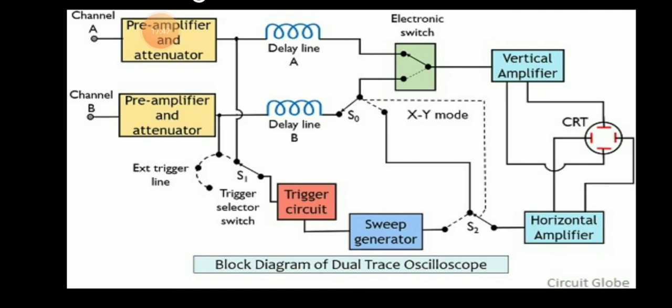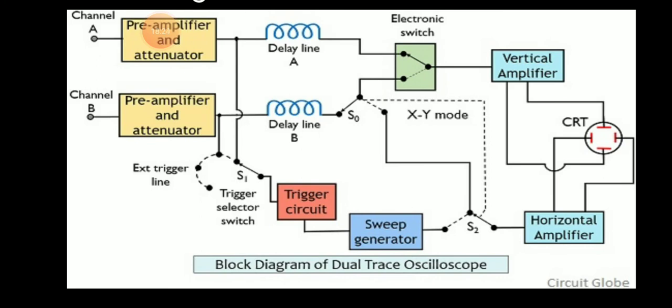Third point, XY mode. XY mode is useful in plotting Y input, that is the channel A, with respect to X input. Thus, in XY mode we usually get a voltage versus time graph. So for example, if you want to measure the voltage as well as your time, for that purpose, on the CRO you have one button. You have to press that button, XY, and it will generate one vertical line. Then you can measure that voltage or amplitude.